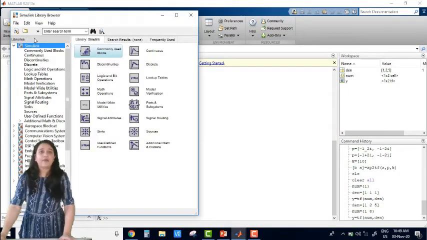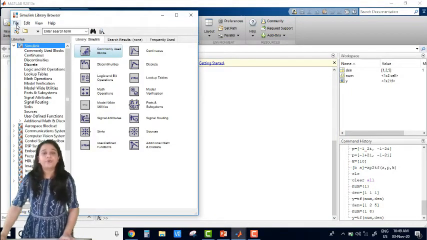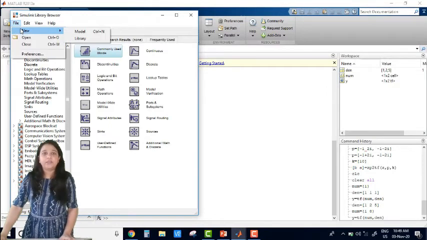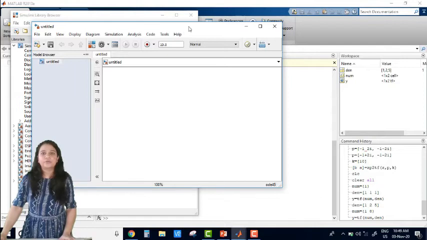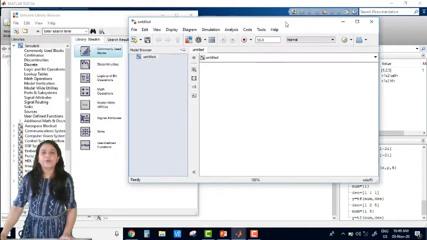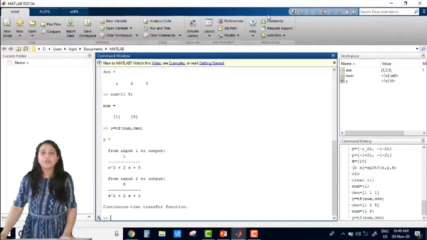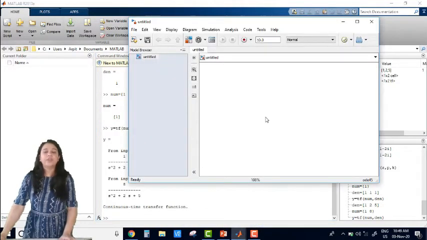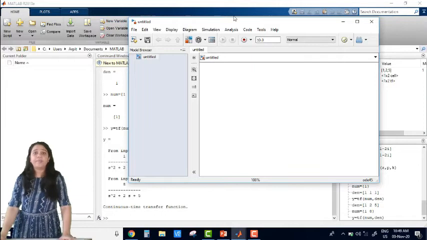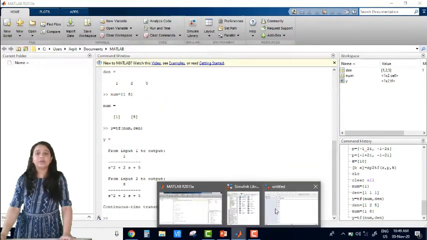After that we have to go to File and select New Model. So this is the new model of this system.